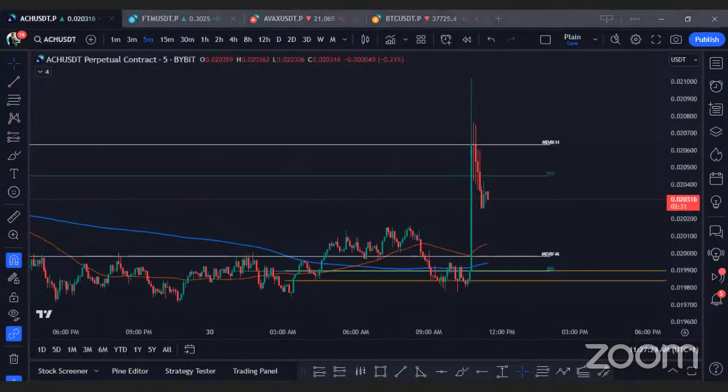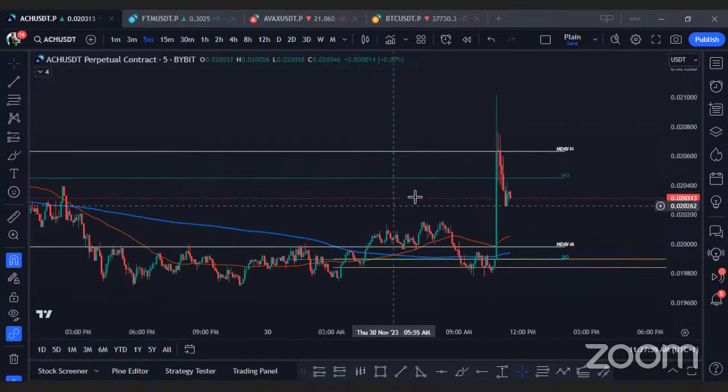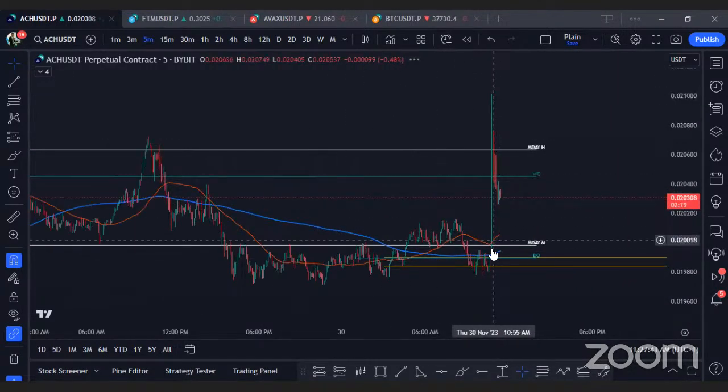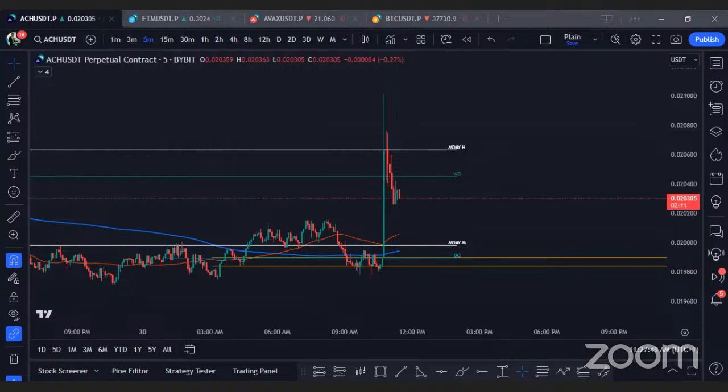Oh, look at that massive tone, guys. What are you looking at for ACH? Okay, I'm still holding for long. Yeah, we had this smash or TP. For those of you who took the trade, I think I sent this thing in the morning. So if you took the trade, we actually had ACH went up to smash,